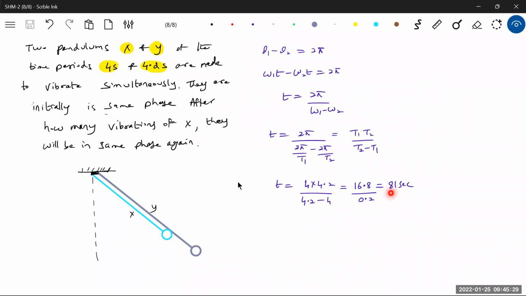For 84 seconds, how many vibrations? So N should be equal to